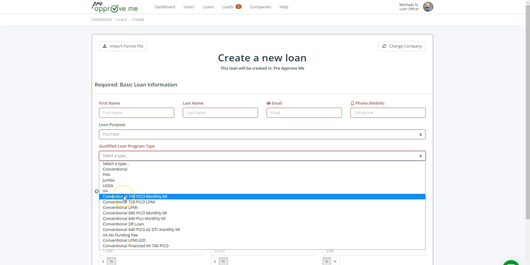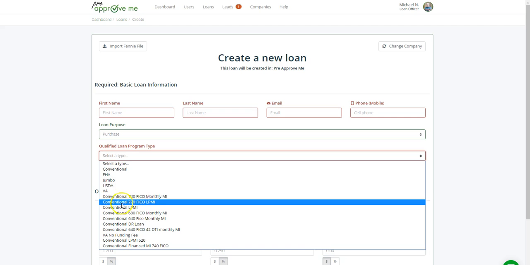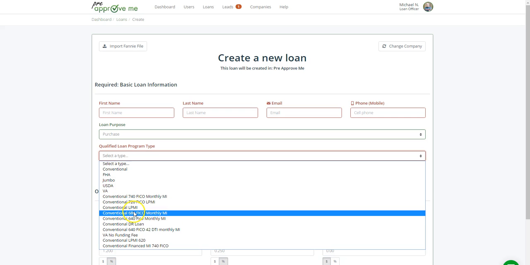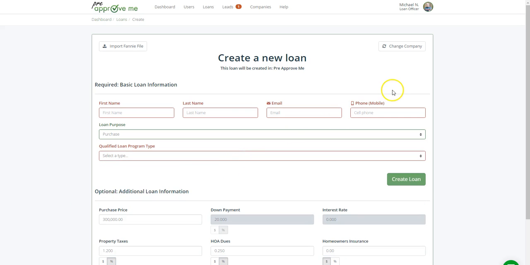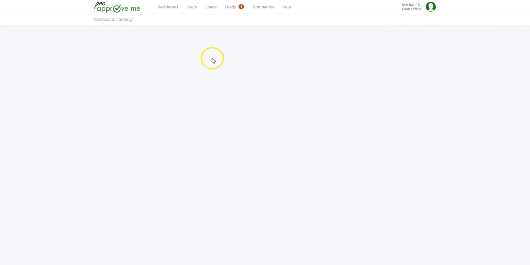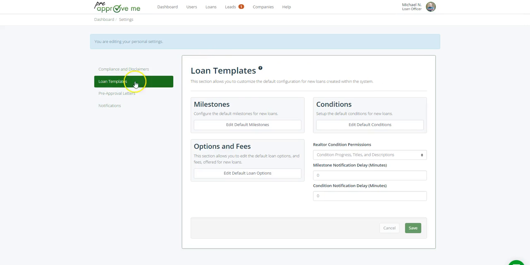But if you have any variation that needs to be added for a client, like a customer with a 680 credit score and monthly MI, you need to create a template for that. And the way you do that is you go up to your settings menu, click on loan templates, go to options and fees,